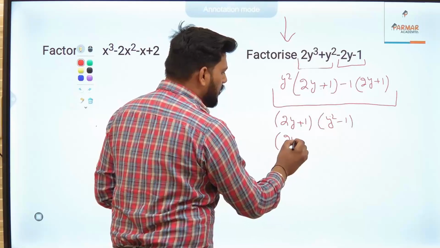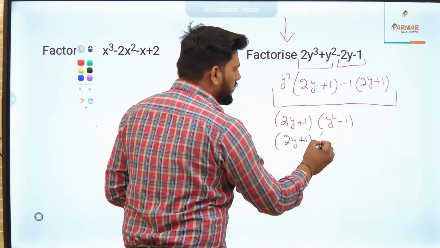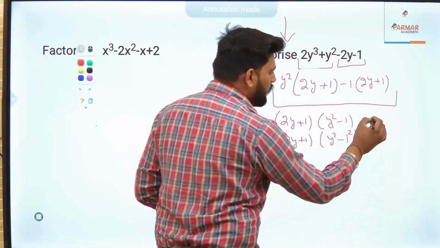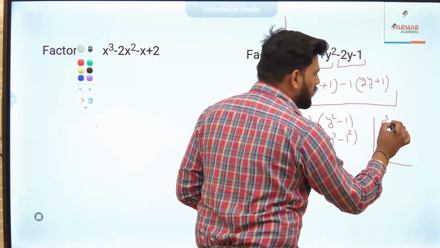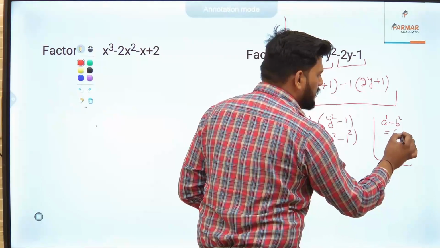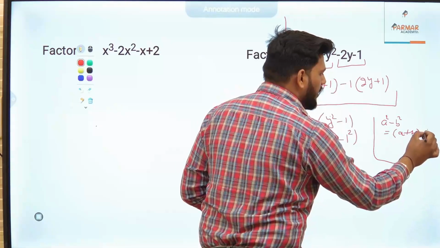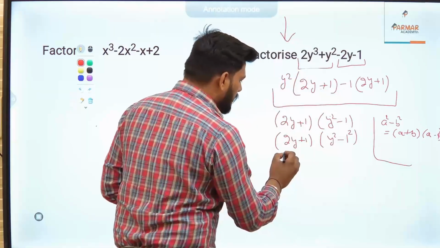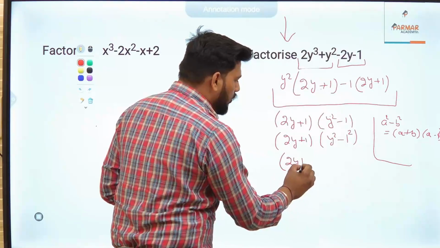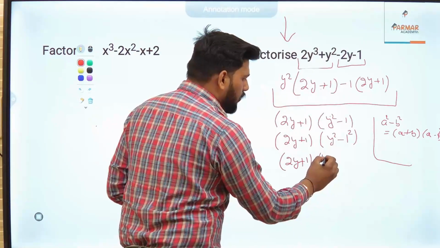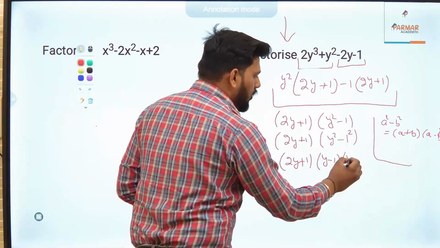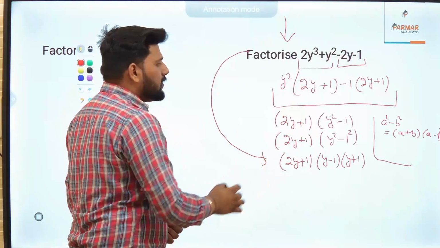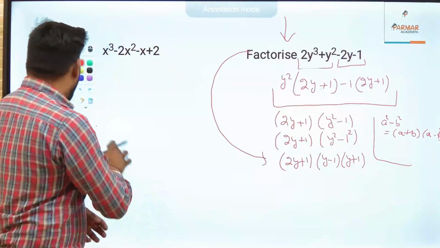Again, as in the last question, we can write y square minus 1 as y square minus 1 square. Again, here we will use the identity a square minus b square is equal to a plus b into a minus b. So this is equal to 2y plus 1 into y minus 1 into y plus 1. Again, a 3-degree polynomial splits into 3 factors. The next is